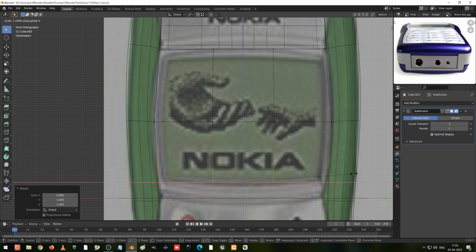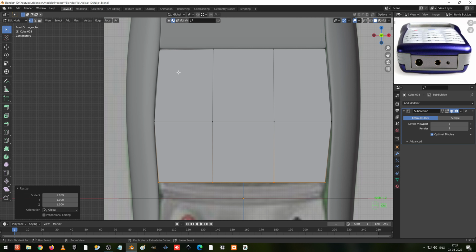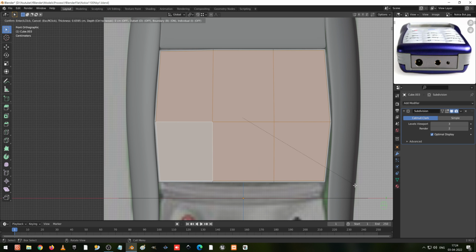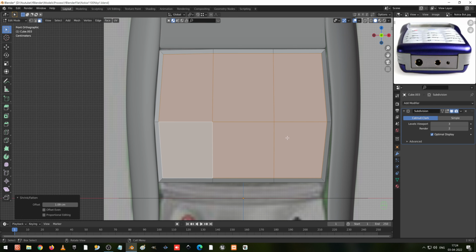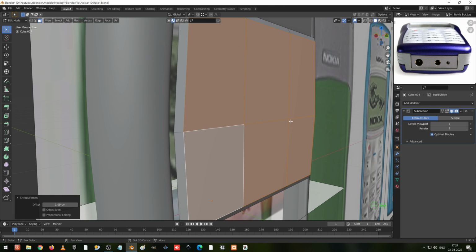Okay, I got one more idea. Scale X to move. Now this is the shape, so we have to select all the faces and press I to insert, and Alt S to go down slightly up. Oh, you can make it slightly up like this shape. Okay,